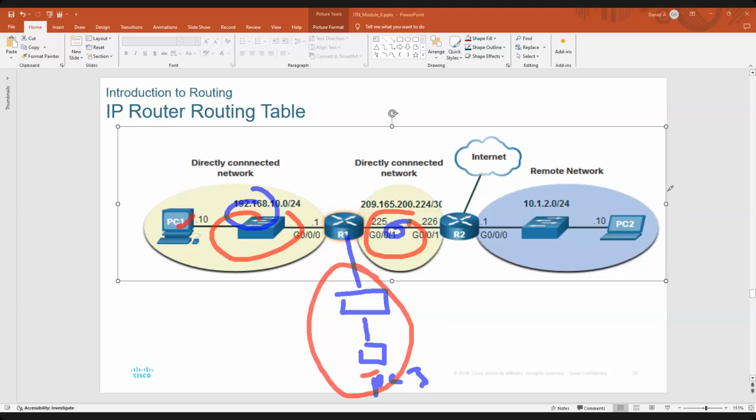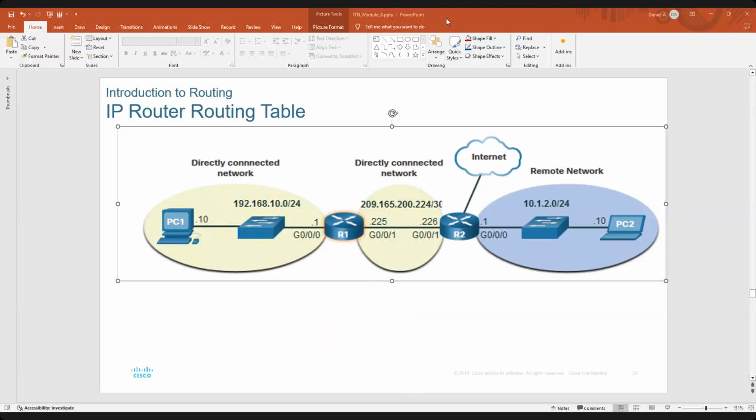PC1 cannot communicate PC2. Why? R1 cannot reach this remote network. So how does R1 reach this remote network? The first option, we are going to configure a static route here. R1 ላይ manually static route። ይሄ static route ምንድነው ክሬት የማደርገው? IP route ብዬ here is the command global configuration ላይ የሚጻፍ ነው።